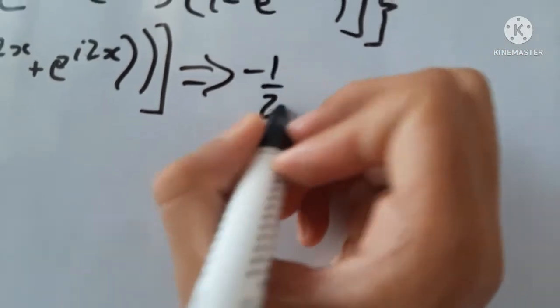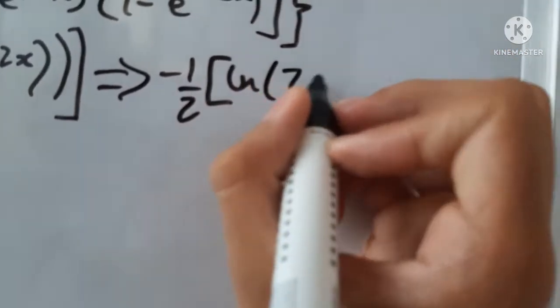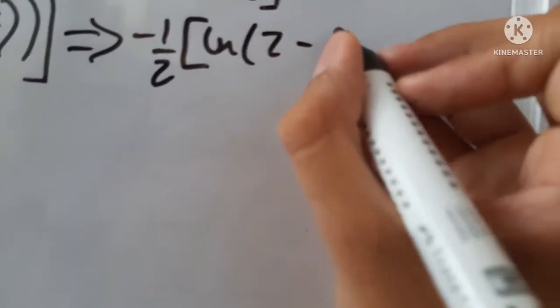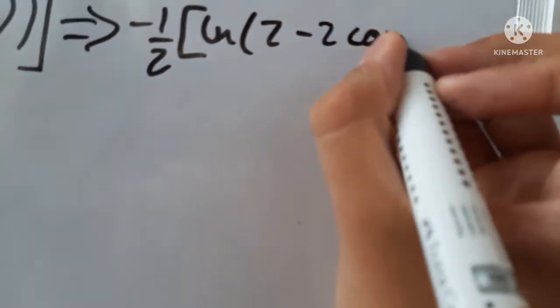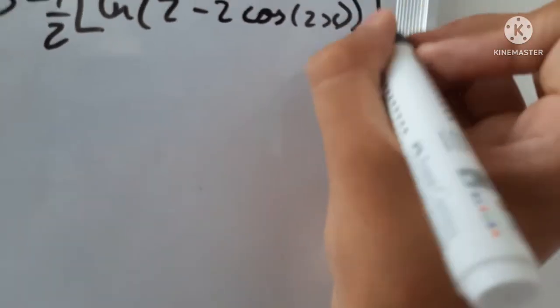So rewriting everything, okay, so we get ln 2 minus 2 cosine of 2x, a lot of 2's here. Okay,